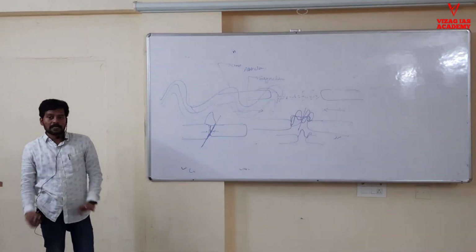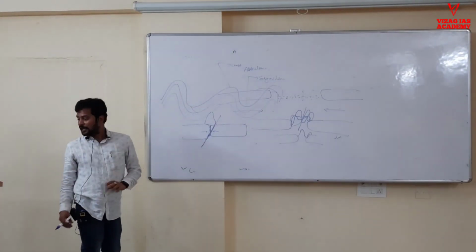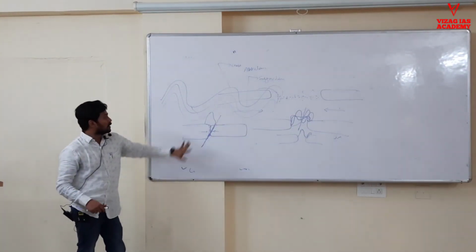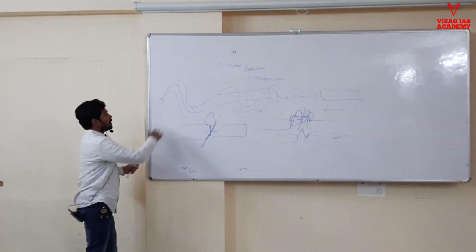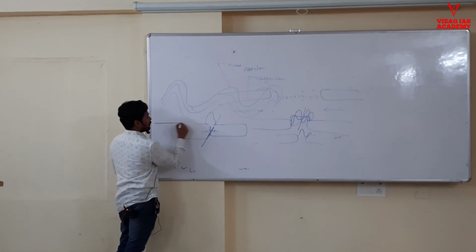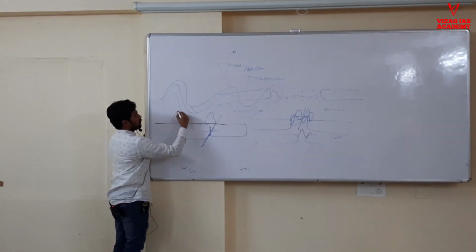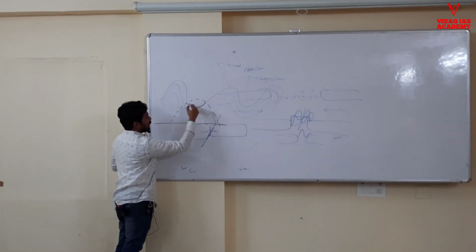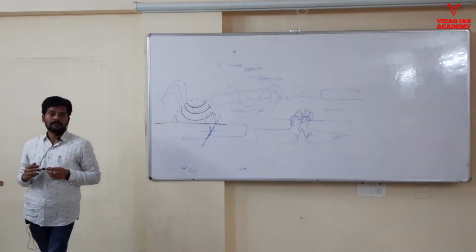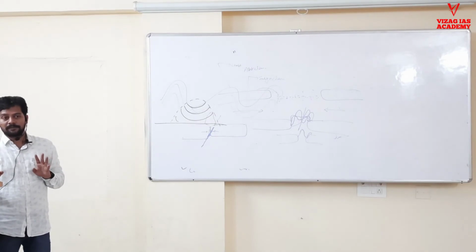So, you might be imagining these are all hills, these are all valleys. It may not be true. This also can be a hill. If everything is eroded, this is this much. If this is my ground layer, okay, if everything is eroded, this can act as a hill. But inside, the bedding plane, the rock plane will be there. Just Google syncline mountains, you will get that structure. Okay.